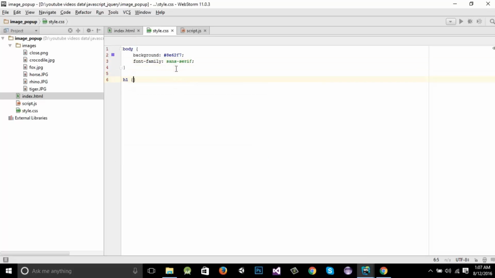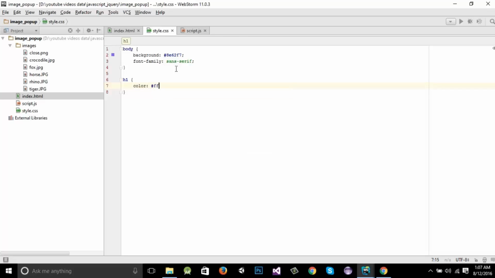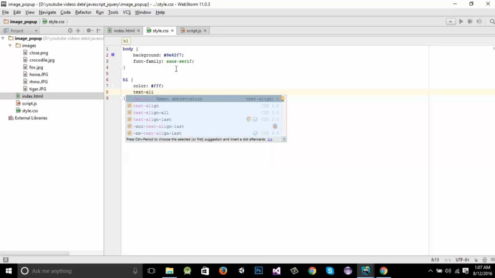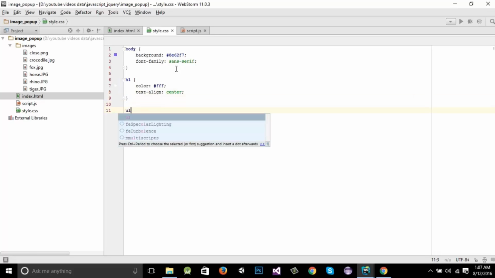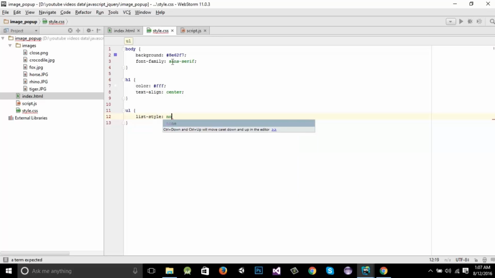After that, let's style our heading, and it should be white. So F will work fine. Text align should be the center. For the unordered list, the list style has to be none. Margin has to be 0 and auto as well to bring these to center. And after that, the padding has to be 0,